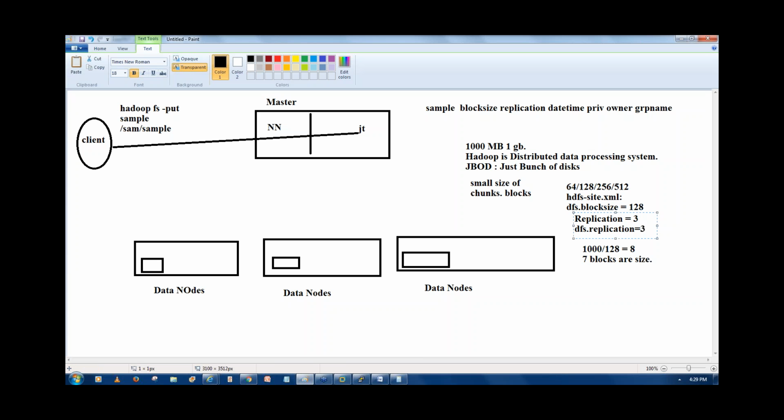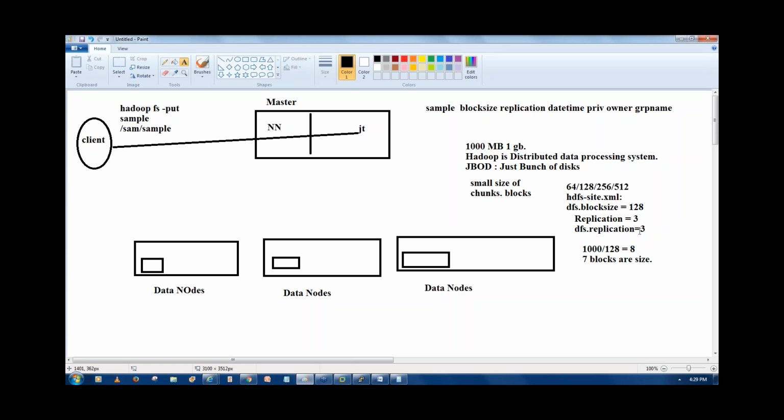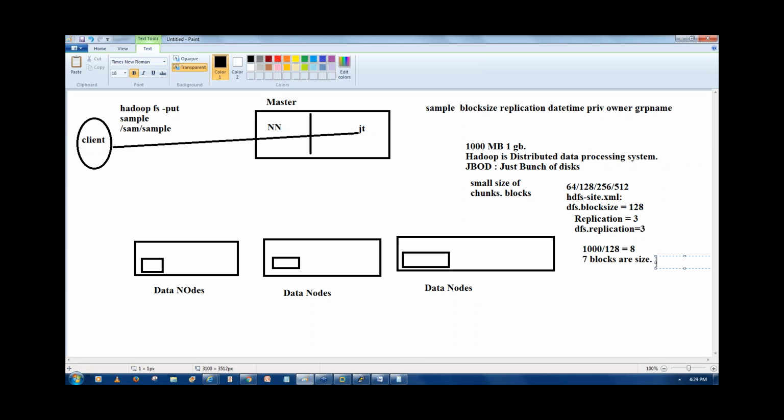Okay, now each block which we are going to write is going to be replicated. So total how many blocks are we having? 8 blocks, right? Block 1 and block 2 up to a total of 8 blocks are going to be created, and each block is replicated 3 times,